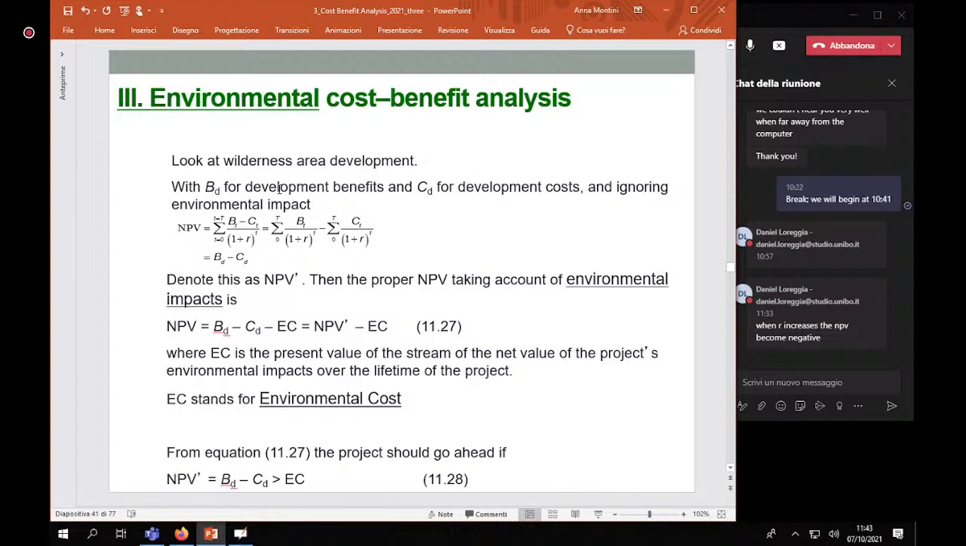If we avoid considering environmental impacts, we will have net present value equal to the sum of all present values of the net benefit, that is the same as the calculation of the present value of all the benefits minus the present value of the costs. Okay? But this difference can be named with a small NPV sign,